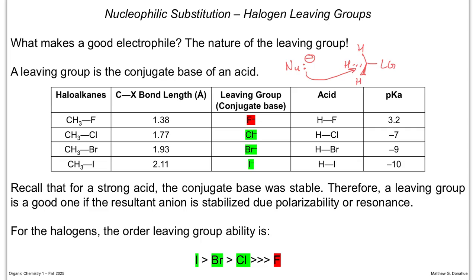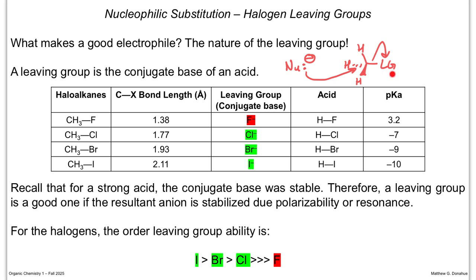We cleave that sigma bond, and the electrons then move on to the leaving group. So that leaving group has to be able to support the acceptance of those electrons and then bear the negative charge. So the way that we make this connection with pKa and acidity,